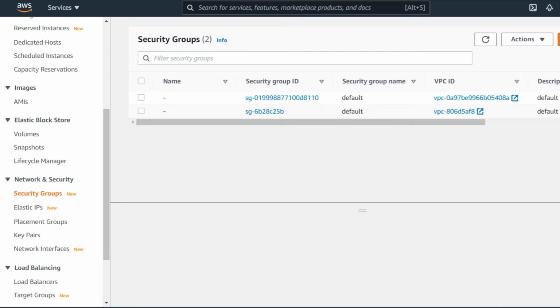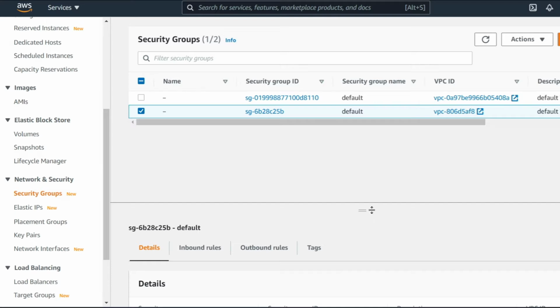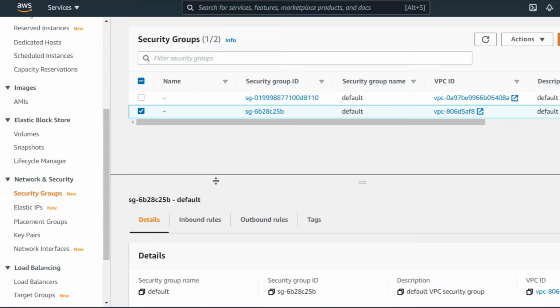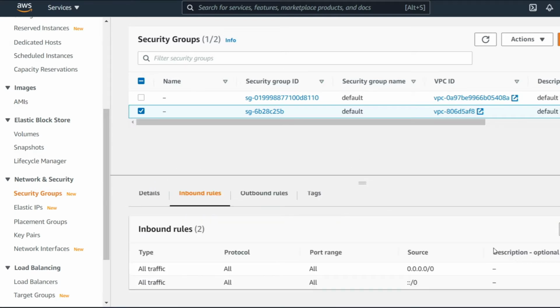Currently, if you see, I have made it accessible from everywhere, with inbound rules allowing all traffic from everywhere. This is not advisable at all, but when you're doing any small testing, it's okay. But make sure you delete your resources, because they can be accessed from anywhere. If the person has the right credentials, they can access your database from anywhere in the world. Okay, this is the default security group connected to this VPC.